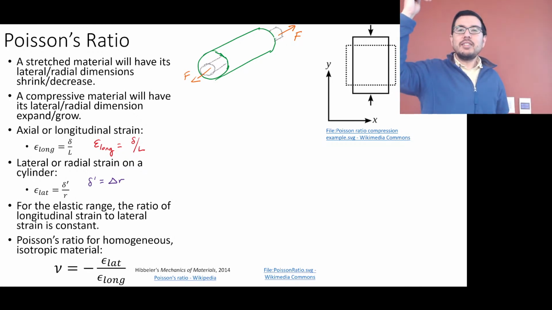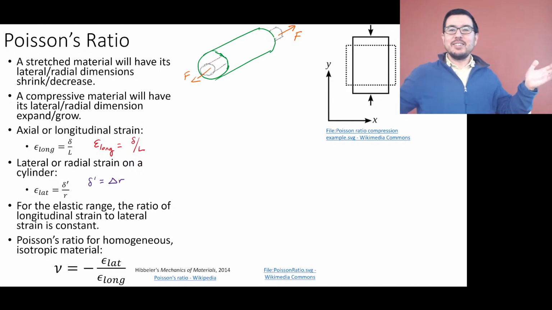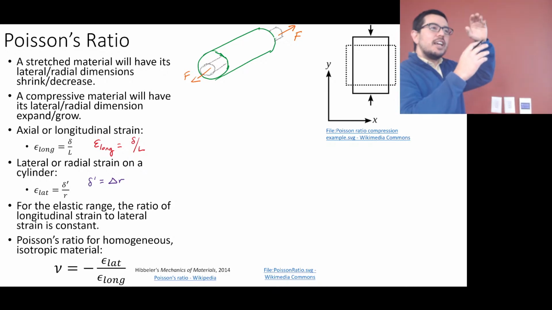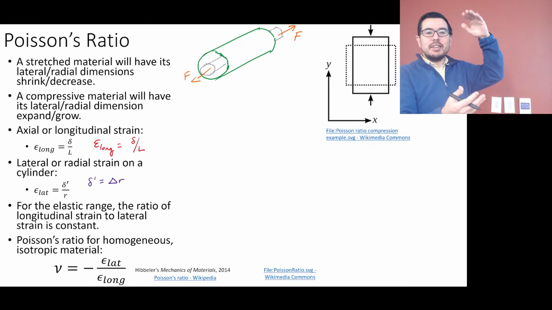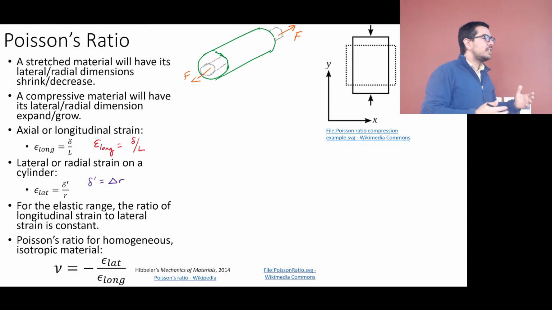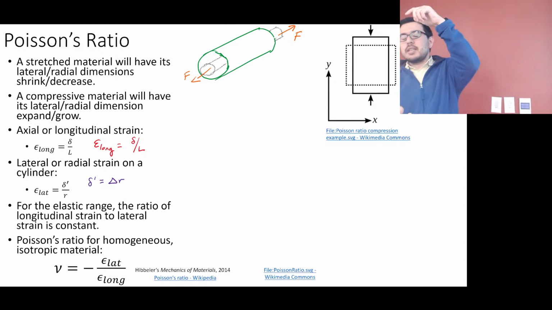If you stretch me out, do I get thinner or fatter? Right? I get thinner. Okay? I'm comfortable with my fatness, all right, but I would get thinner. I'm not going to do this, to get thinner. If I squish me, though, if you put me now in a compression, I'm going to get wider, potentially, okay, like a pancake eventually. So this ratio of how much you strain in one axis versus the amount of strain